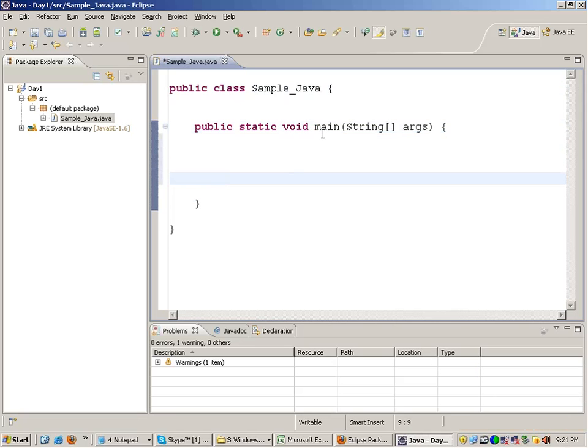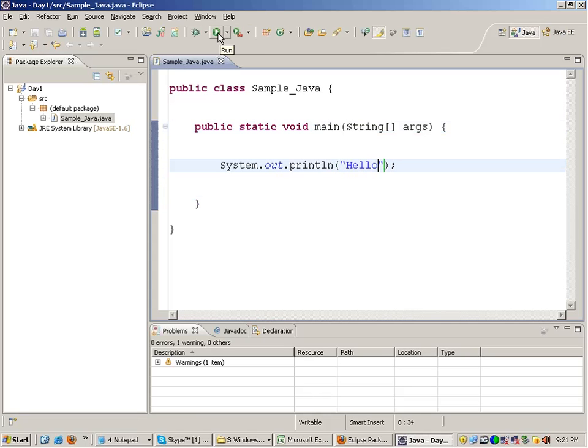That's it. In Java, in the main function, the control comes in for the first time when you run the program. Fine. If I write system.out.println, this is the command to print something in Java. Right? If I write over here, hello, and I run the program.